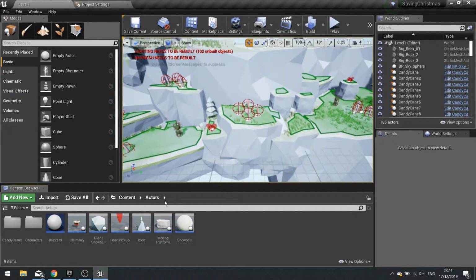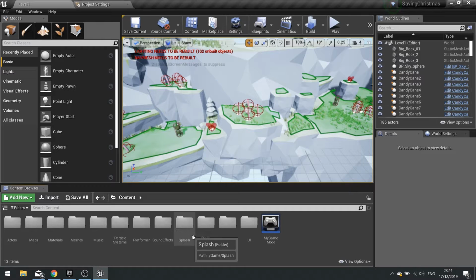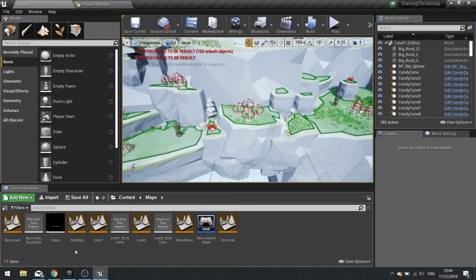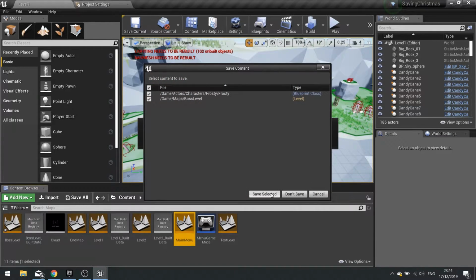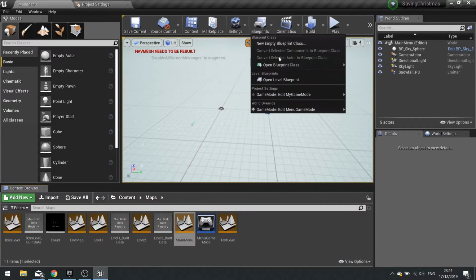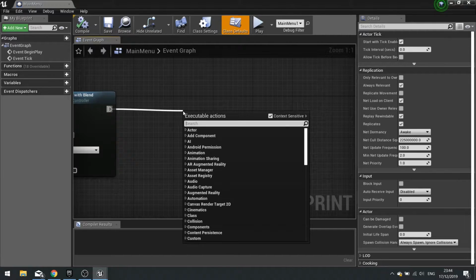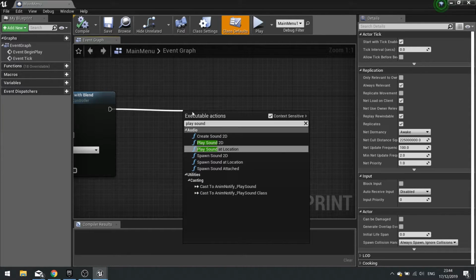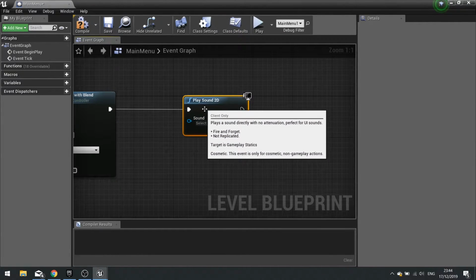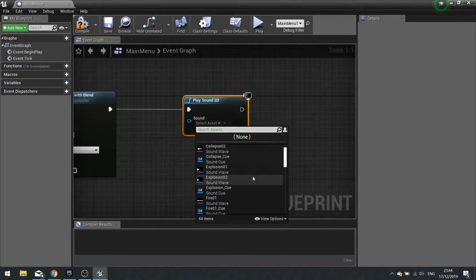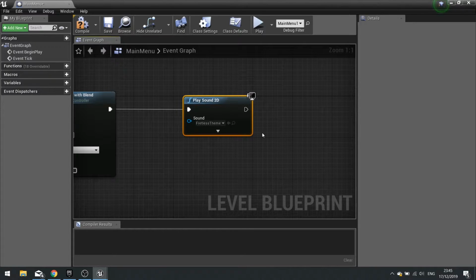So the last thing we're going to do is on our menus, we're going to add some music to them. So let's go to our maps and go to main menu. And on blueprints, open level blueprint. We're going to play sound 2D and choose the fretless thing.